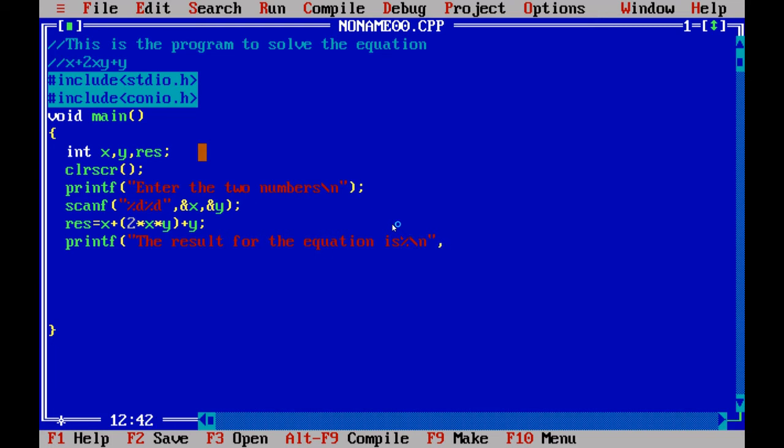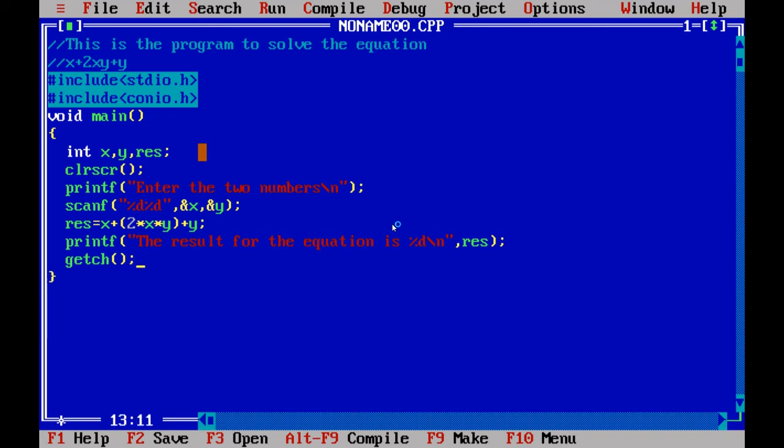So type the conversion character percentage and then type specifier d and then type that variable as res. Next to this you have to type the getch function. So that's all about the program. We have written the program now.